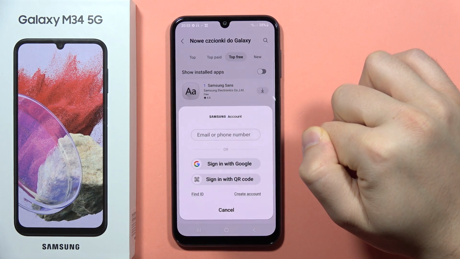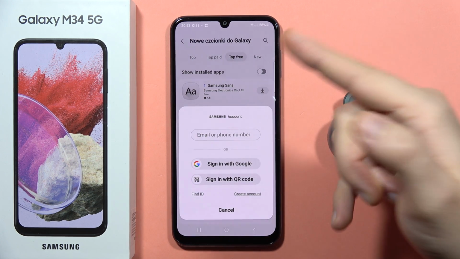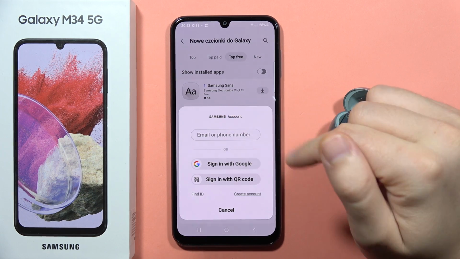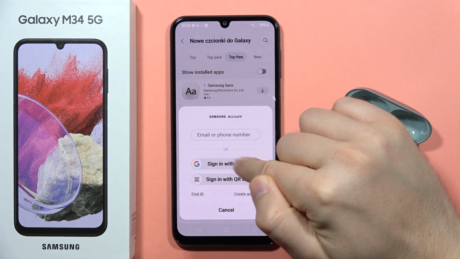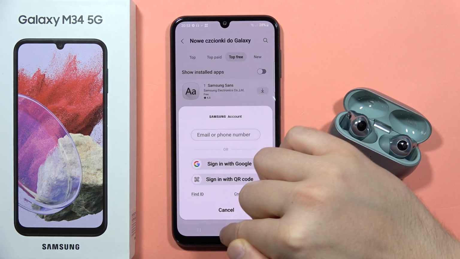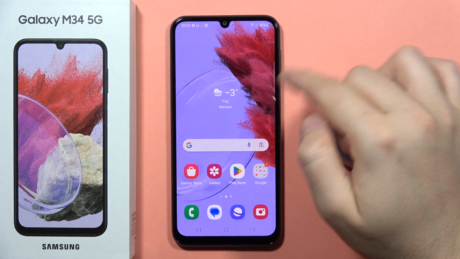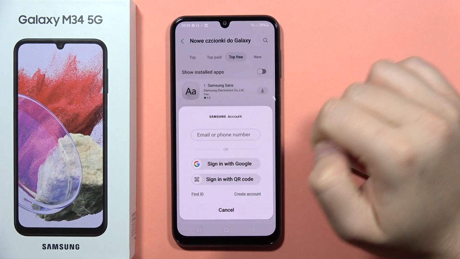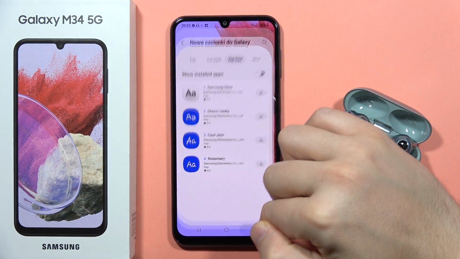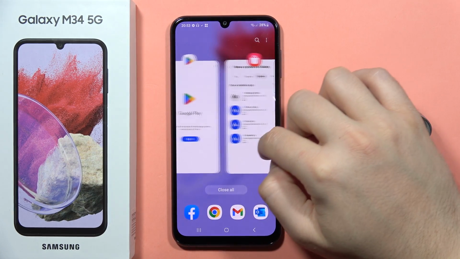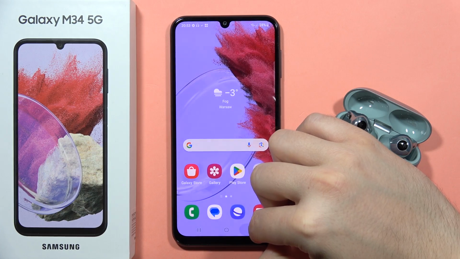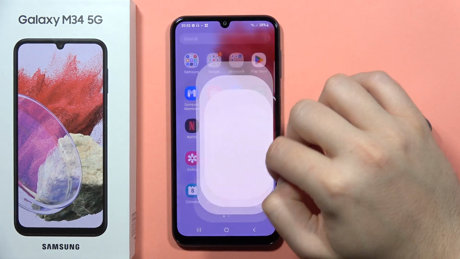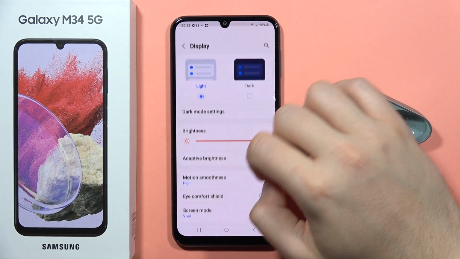Now just wait for the download, and all you have to do is just log in with the Samsung account, or simply sign in with the Google account. If you already log into the Play Store, all you have to do is just to click right here to sign in with the Google, and then you will be able to find it right here in the settings. So it will appear just right